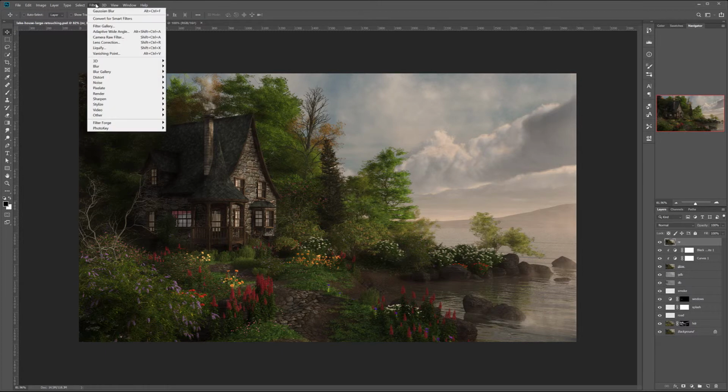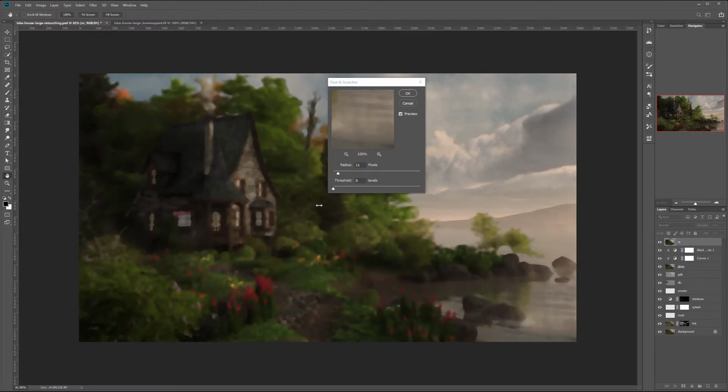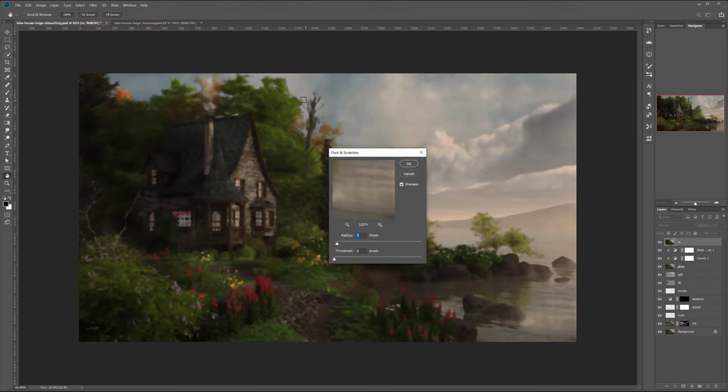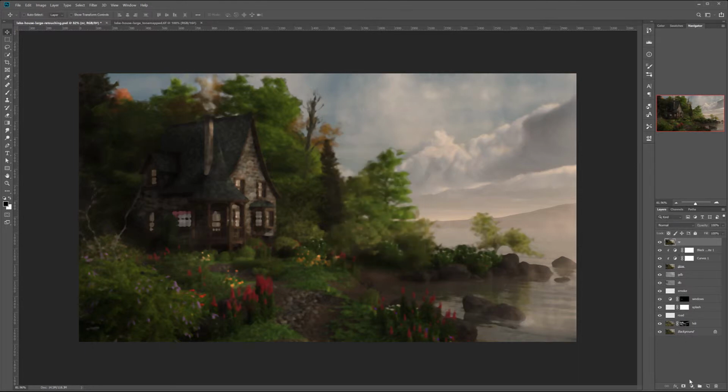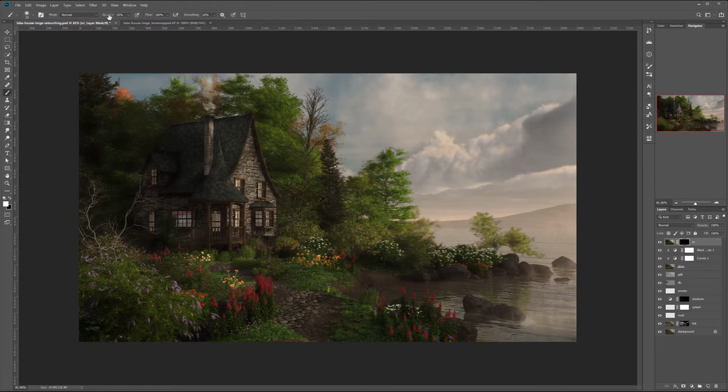And for this, we're actually going to filter noise, and we're going to add dust and scratches. On dust and scratches, we'll just take a little bit of reduction, not that much, but overall it does preserve edges better than just a blur. We'll click OK, create a new mask, press Command or Control I to inverse the mask, take our brush